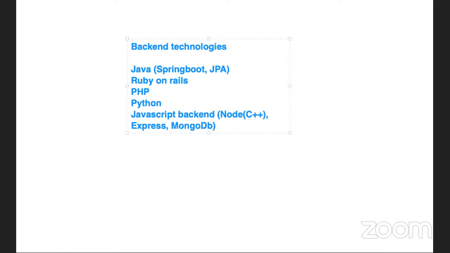When the backend also has JavaScript introduced, what has happened is that it has created a lot of ease of writing the code for a developer. So when we talk about